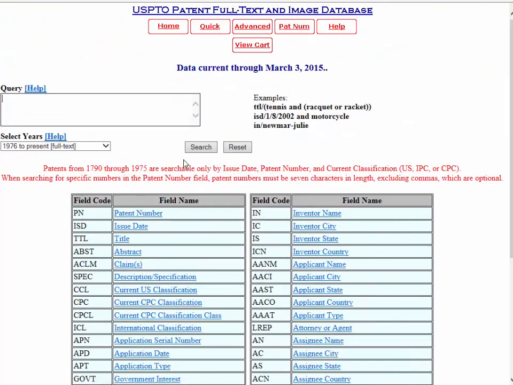Well, the reason you see that is because the advanced search allows you to dig more deeply into the different elements and to put together your own search. Remember, the quick search only let you look at 2 of the elements. You couldn't add more. This one lets you build up a search with as many elements as you want. However, you have to do something that looks a little techy. Take a look at the examples.